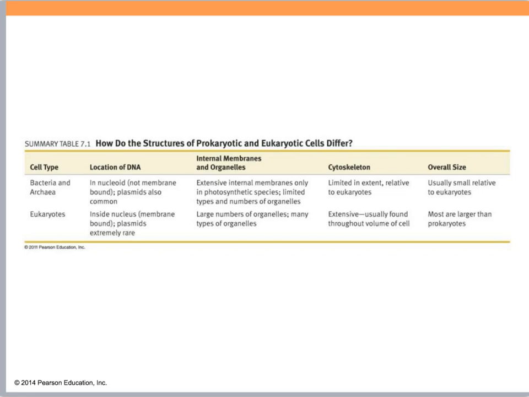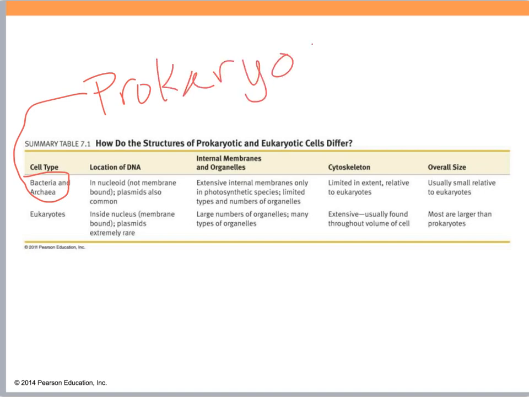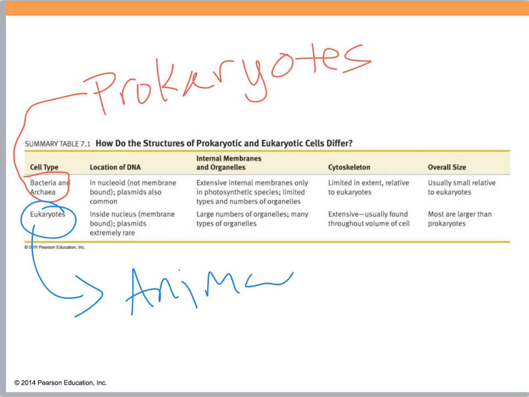Here's just a table that lists all those differences between prokaryotic and eukaryotic cells. Prokaryotic cells are the cell types are bacteria and archaea. So that would be prokaryotic here. I have to draw a little sign there and say prokaryotic or prokaryotes. Prokaryotes, you could say they're prokaryotic. And eukaryotes would be like the cells that we have, either in animal cells or plant cells would be good